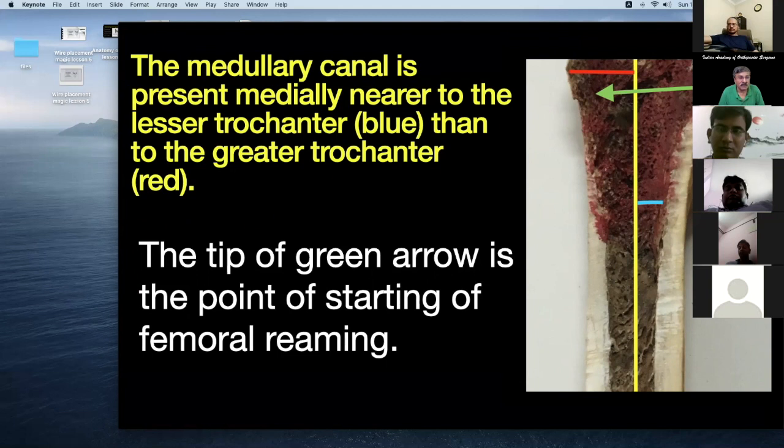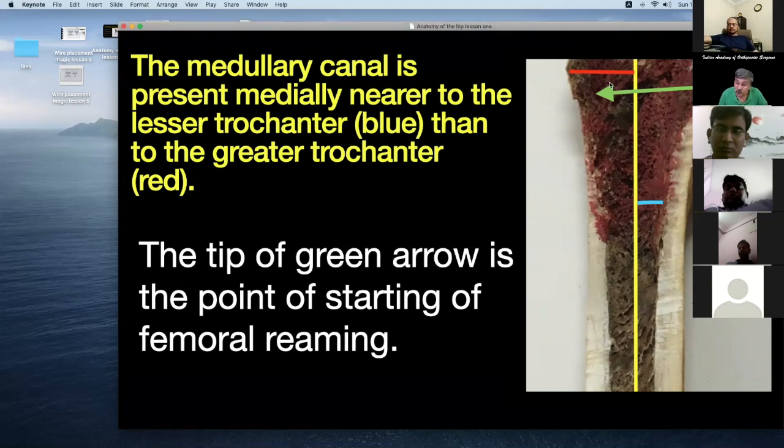So whenever you are going to start reaming or rasping, you must go very much posterior so as to be able to get a valgus seating of the prosthesis. If you start reaming from here, you will hit the lateral wall and cause a breach in this angle. If you go from here, you will come and touch the medial wall and you will never have a breach.